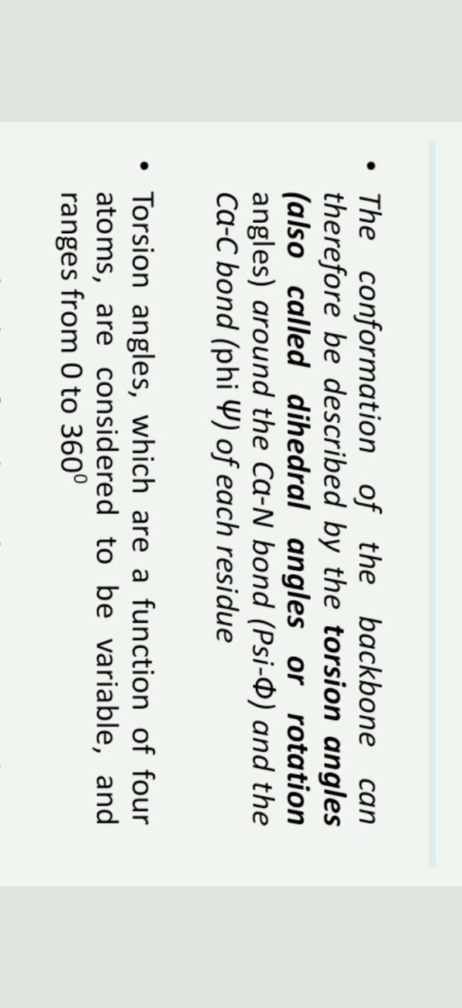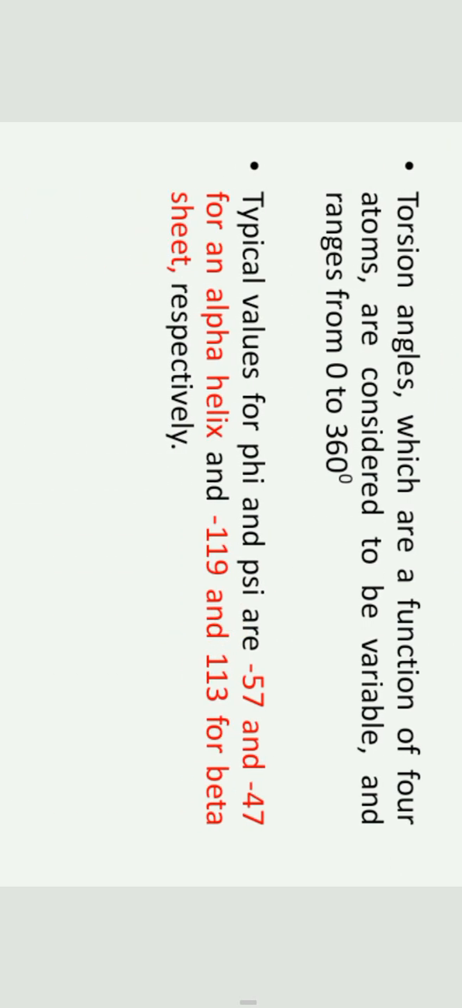The conformation of the backbone can therefore be described by the torsion angles, also called dihedral angles or rotation angles, around the C alpha N bond and the C alpha C bond. The C alpha N bond is called the psi bond and the C alpha C bond is called the phi bond of each residue. Torsion angles, which are a function of 4 atoms, are considered to be variable and range from 0 to 360